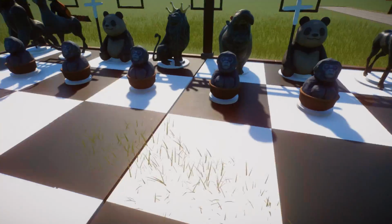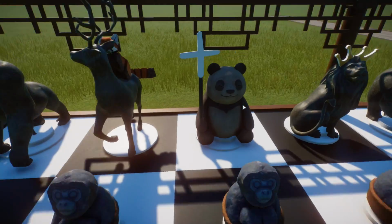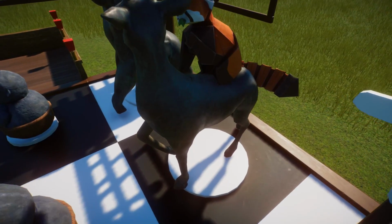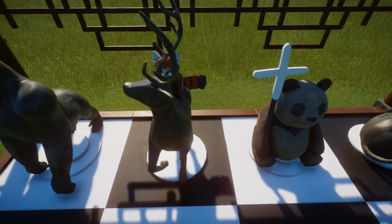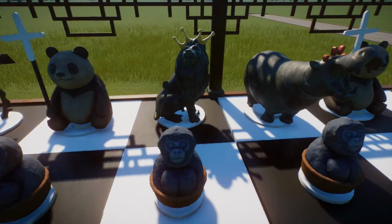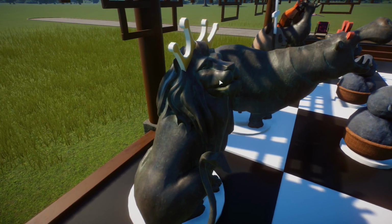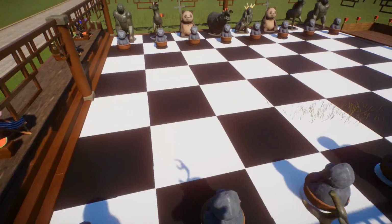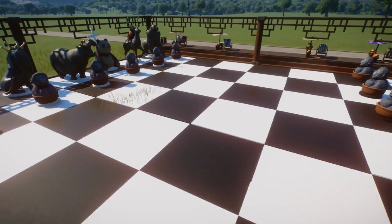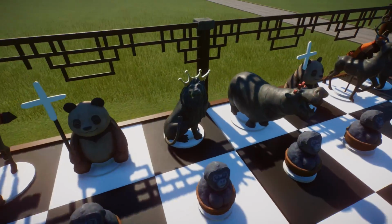So we've got our pawns, which are the little monkeys in the middle. We've got our bishop, which is the happy panda with the cross. Our knight is actually a red panda riding a stag, and the rook is the big boy gorilla. The king and queen are in the middle. The hippo with her little crown. The king, of course, the lion with his crown. I think the units are the same on both sides. They are indeed. And yes, each side has got like a proper